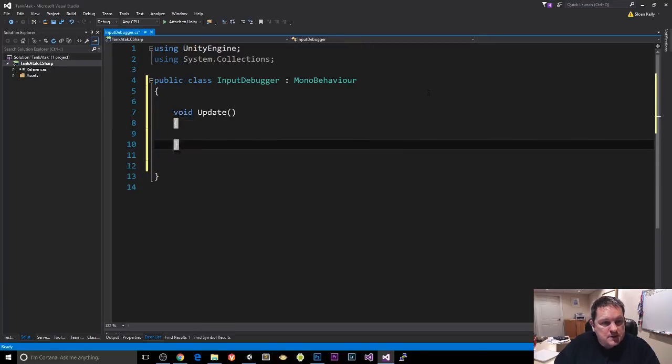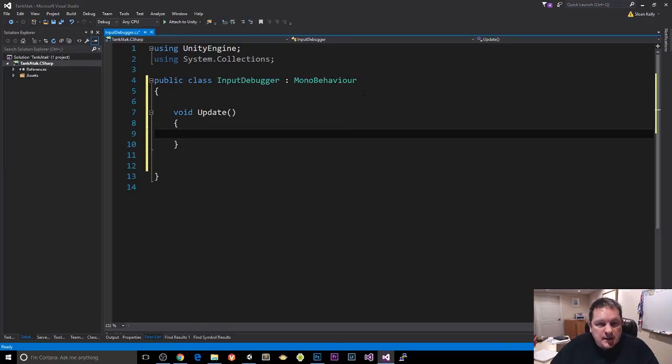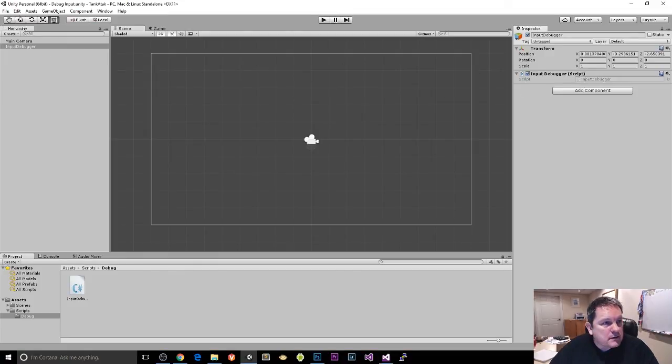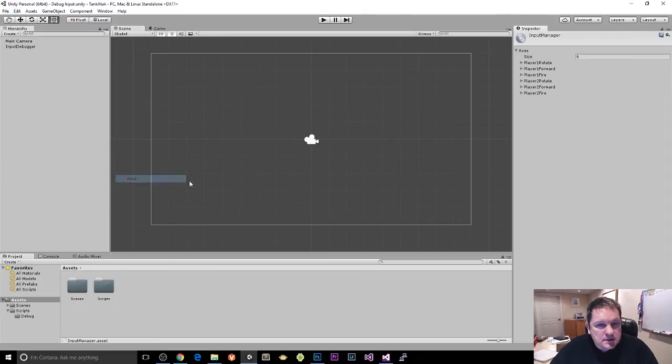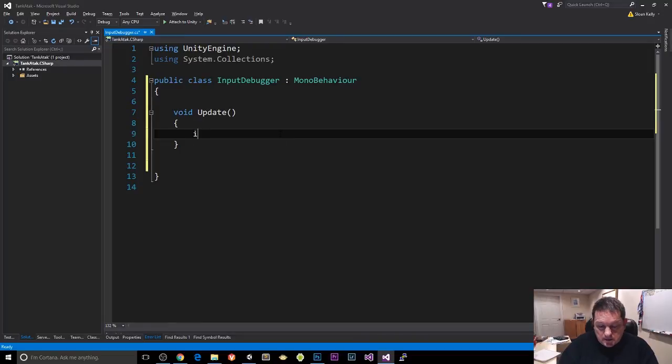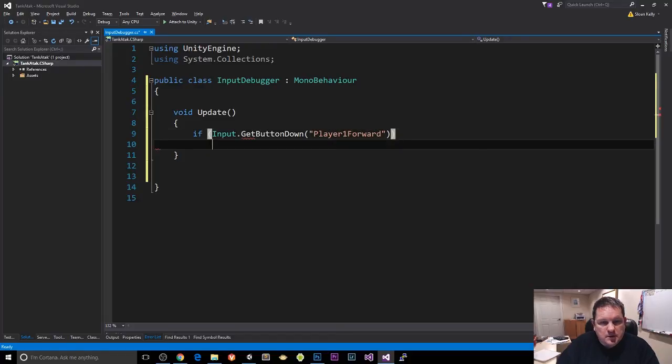So I'm just going to create an update method, and going back to project settings, input. So we have player 1 rotate, player 1 forward, player 1 fire, player 2 rotate, player 2 forward, player 2 fire. Okay, so if get button down, forward,